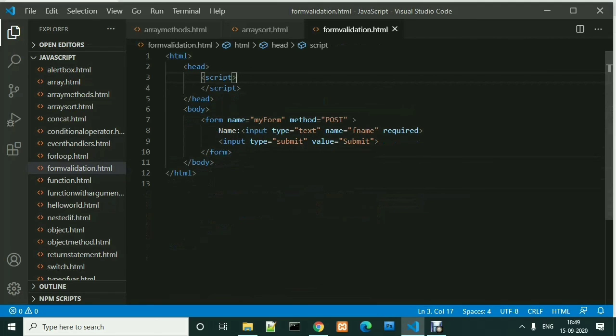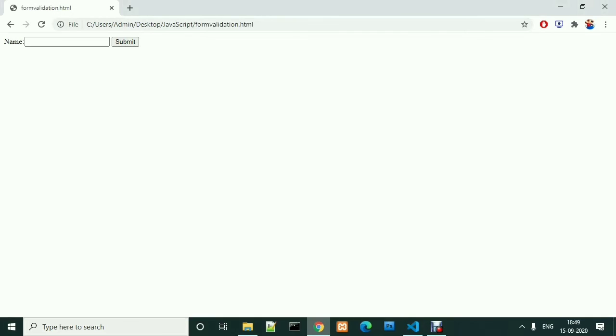When we save this, open the browser, refresh the file again and submit, it says please fill out this field. This is the automatic validation. This is a new feature, and this HTML form validation does not work in Internet Explorer 9 or earlier. So keep that in mind and use Chrome or other browsers rather than Internet Explorer 9 or earlier.